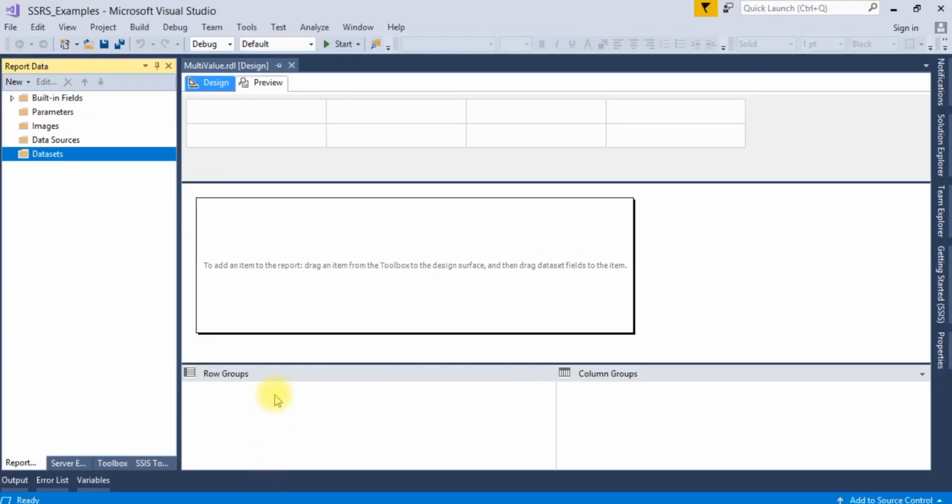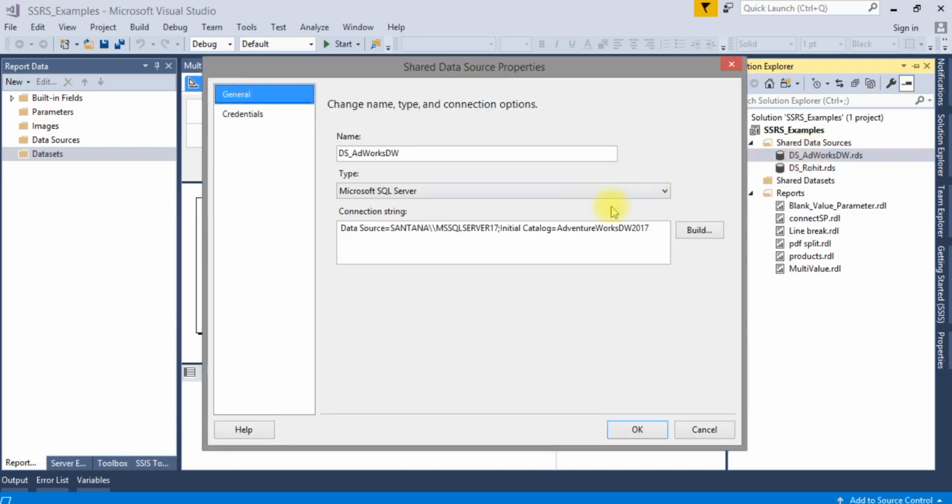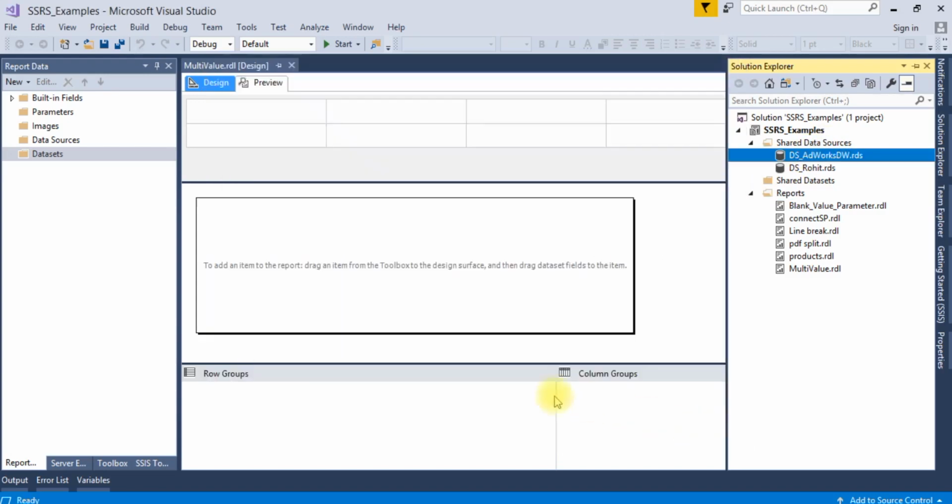Now let's go to the SSRS report. Here I have created one report and already I have shared data sources, and I have connected to AdventureWorksDW 2017. I'm going to create the procedure on that table.